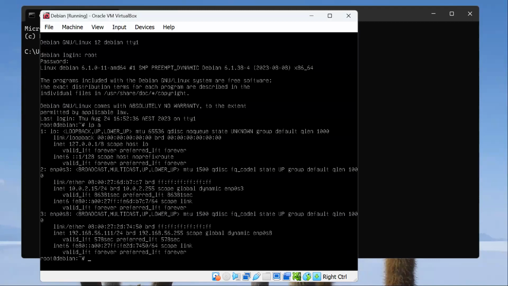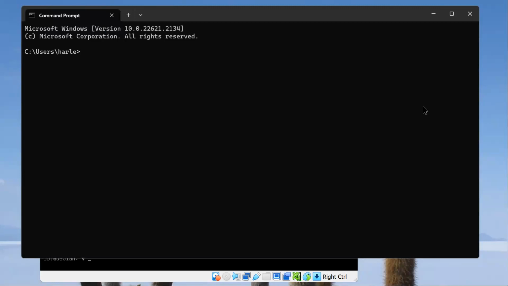And my IP address is down the bottom there, 192.168.56.111. So now I should be able to SSH Harley, which you'll have to change to your username, at the IP address. And if all goes well,